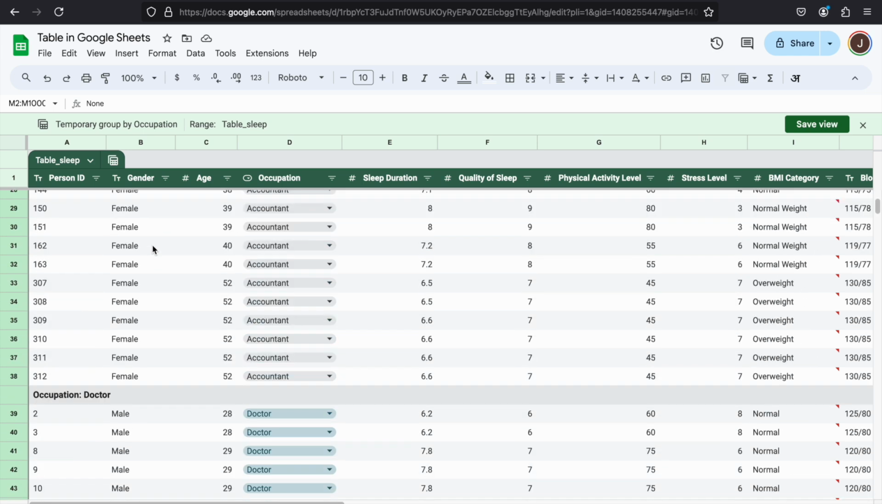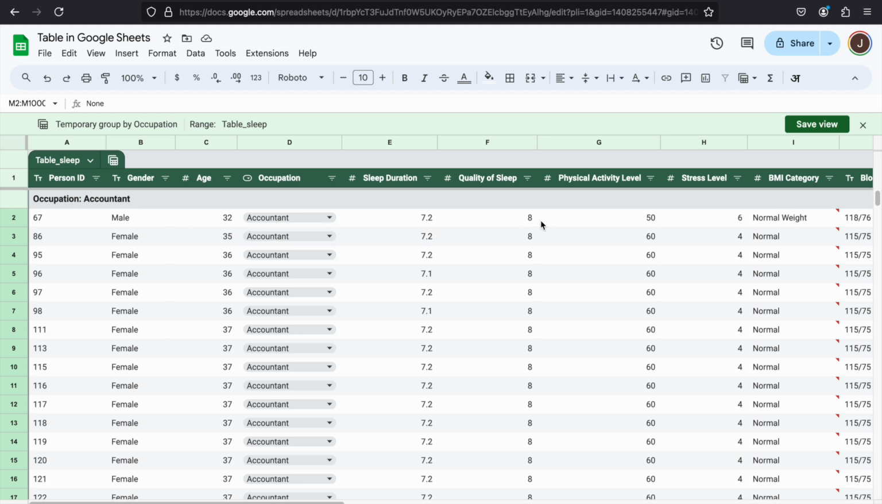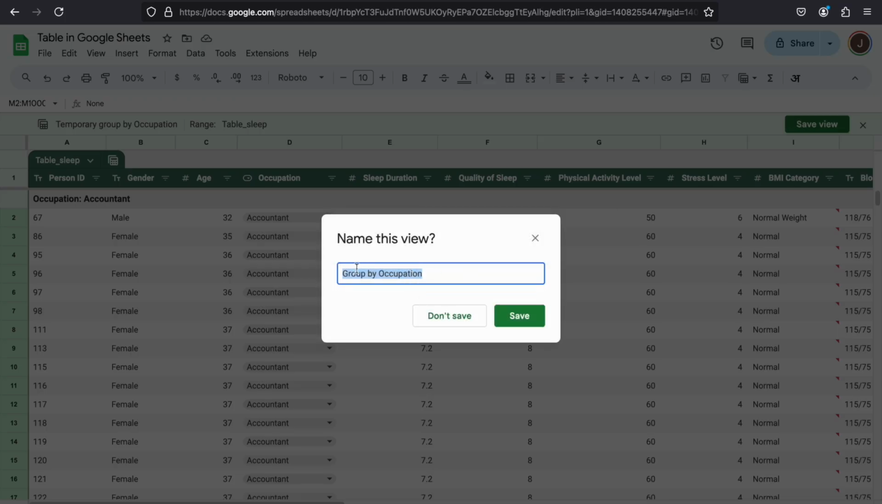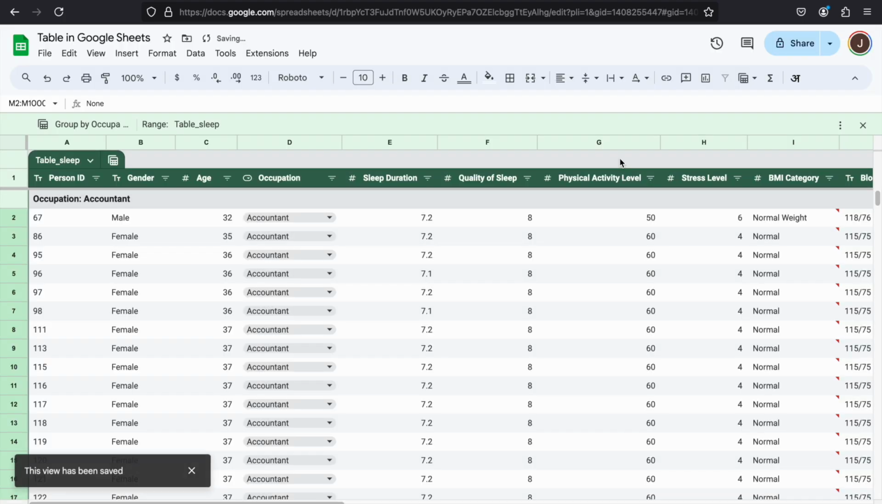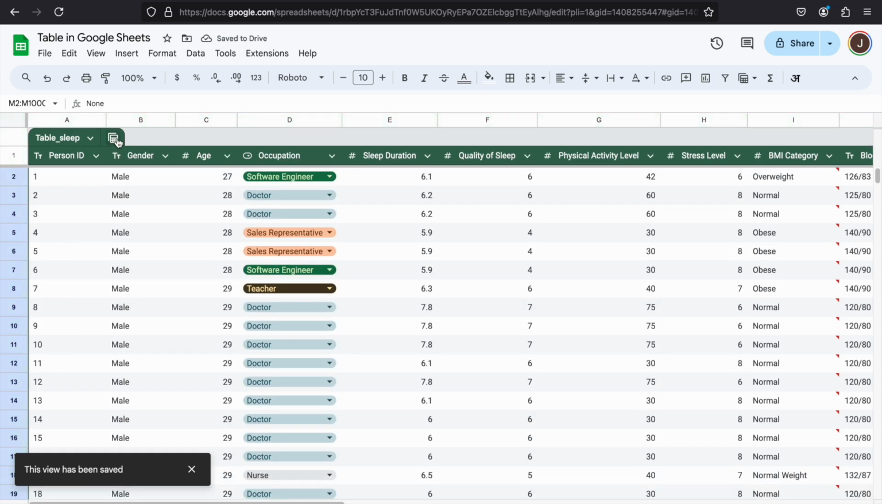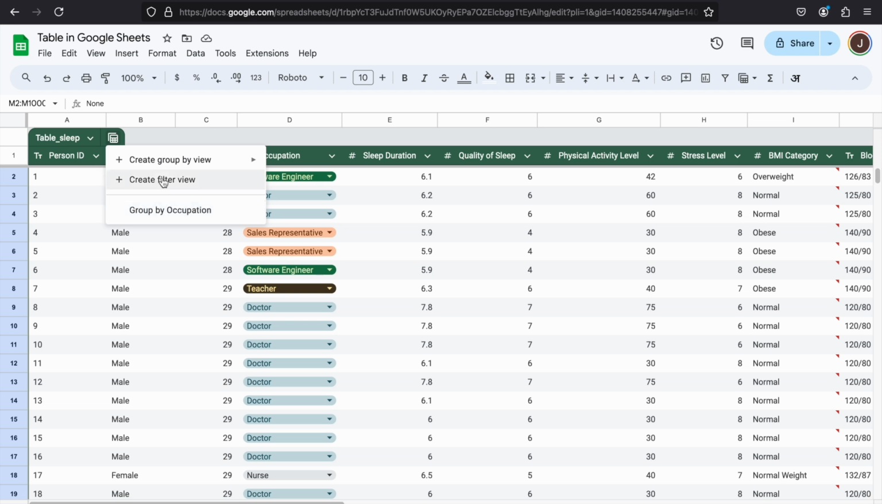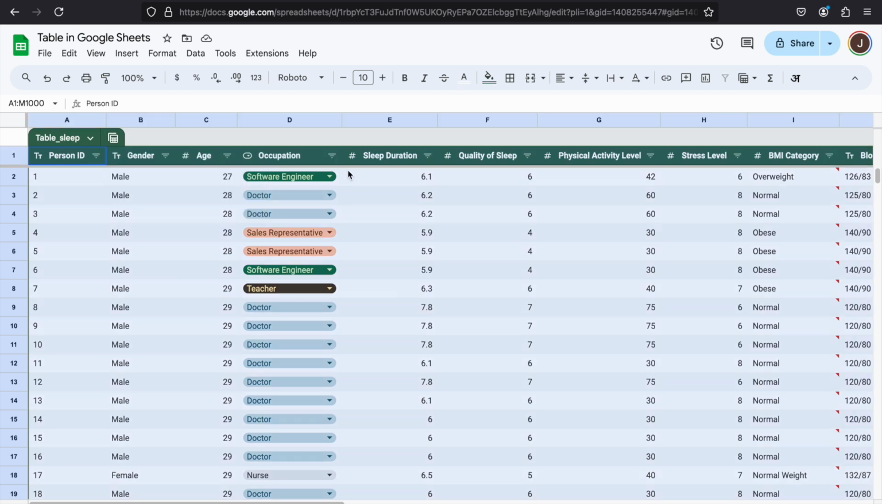So this is how the view of the data changes, and you can save this view. Now it's renaming itself as group by occupation, so it looks okay. And then you can come back to this view if required later on. So here you can see this group by occupation view is there, and you can also create a filtered view